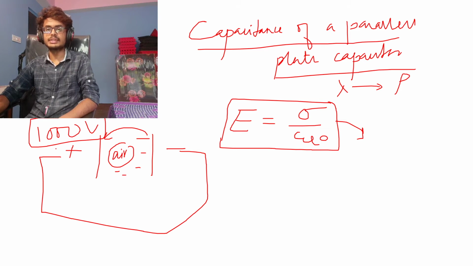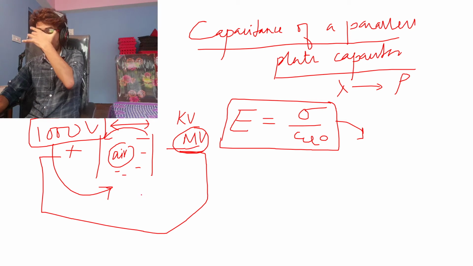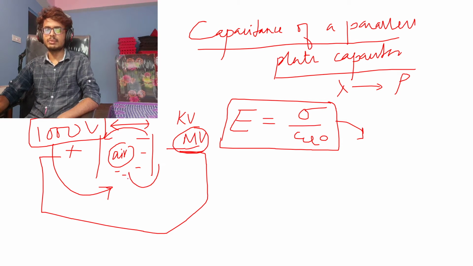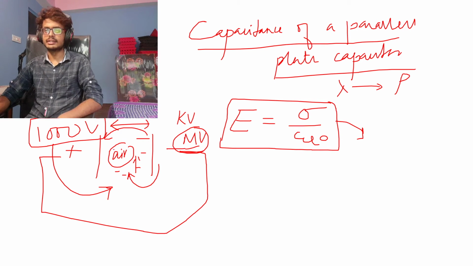Why is that? That's because ionization is happening, because there's extremely high voltage in lightning, in kilovolts, maybe in megavolts, right? This kind of voltage can ionize the air, and at that moment it can conduct electricity. So that is a case where air conducts electricity. But when the voltage is considerably low, air doesn't conduct electricity, and those kinds of systems are known as dielectric systems.